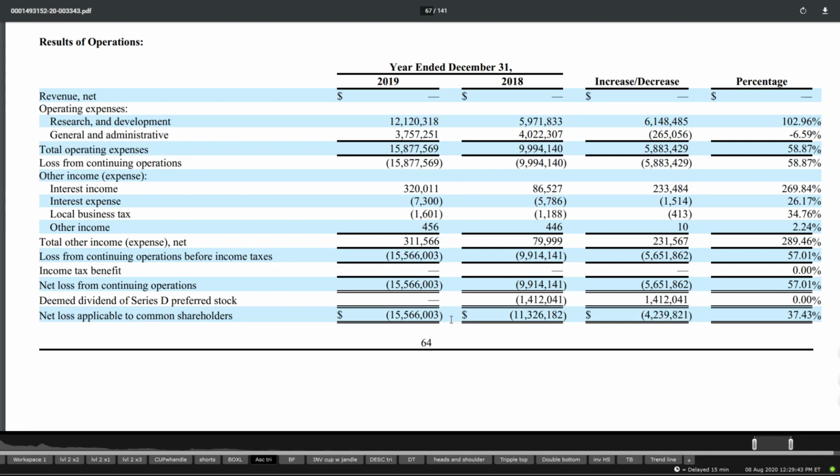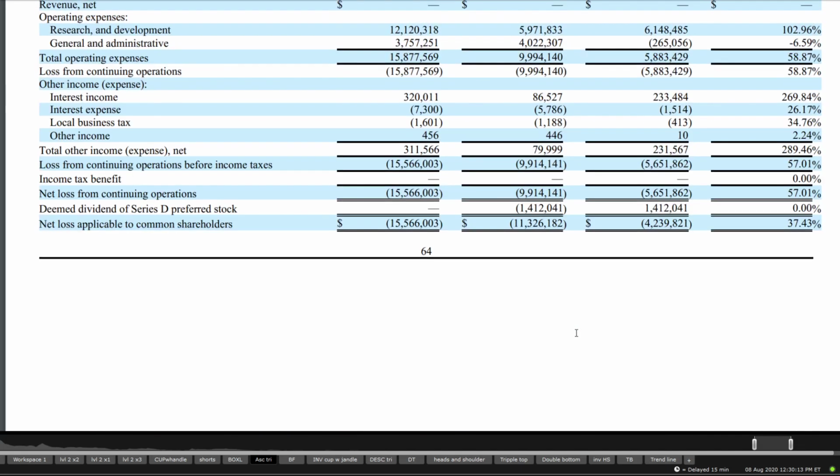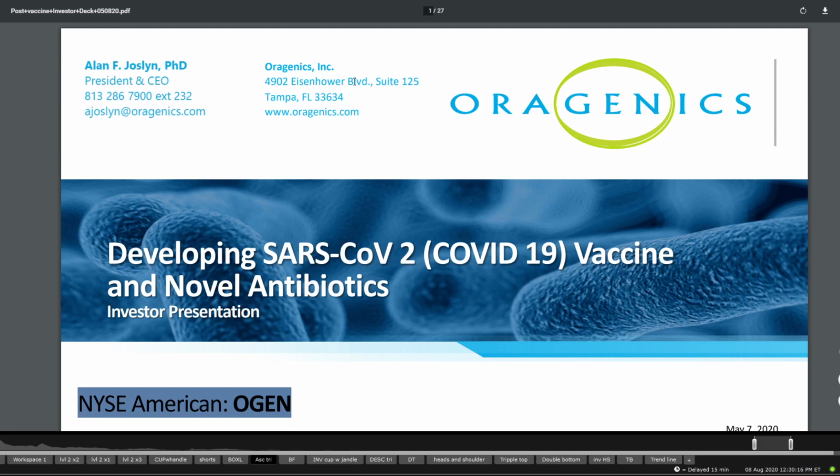Now comparing year over year, we get to see very much the same information. Total operating expenses went to around 16 million compared to 10 million, a 60% increase on that. And we get to see a little bit in terms of loss from continuing operations. That seems to have increased, and the net loss to common shareholders has increased by 37.43%, at 4.239 million extra. So it does seem that they had troubles with their financials, but here's the good news: